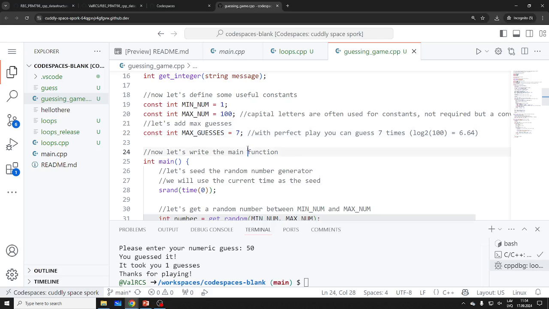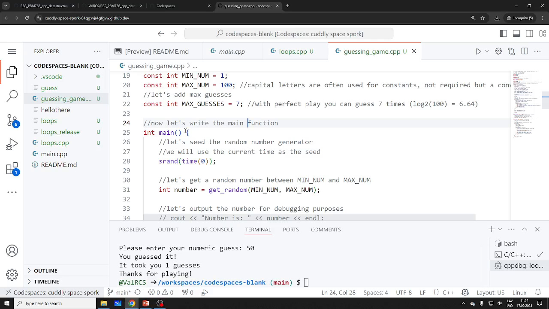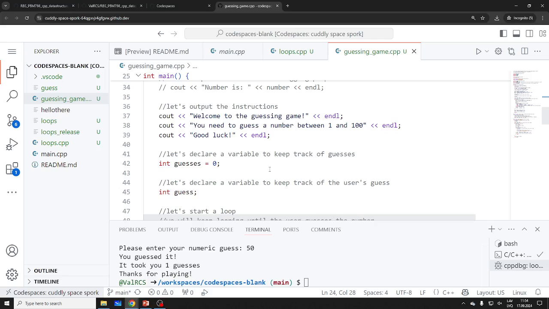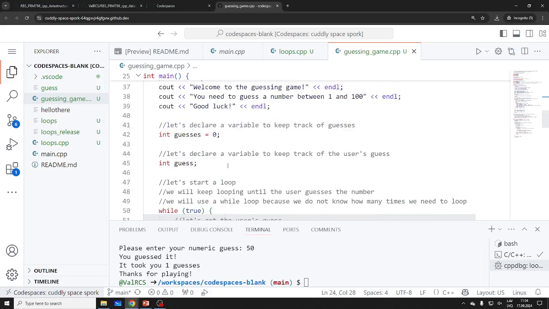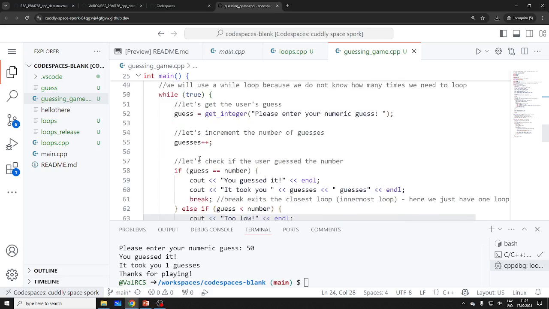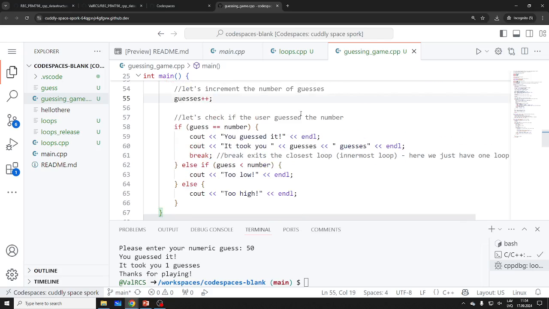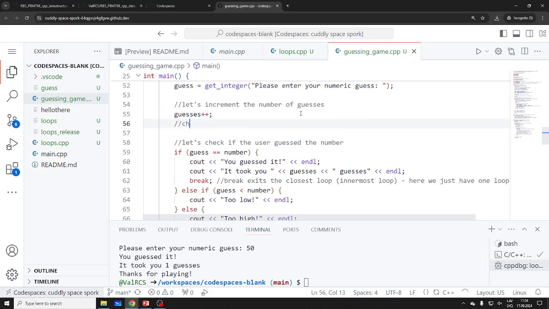Okay, so how do we add this max guess? Well, we have guesses, we have a variable now, so what we do is, we could check here, or where the guess is plus plus, we could check if guesses